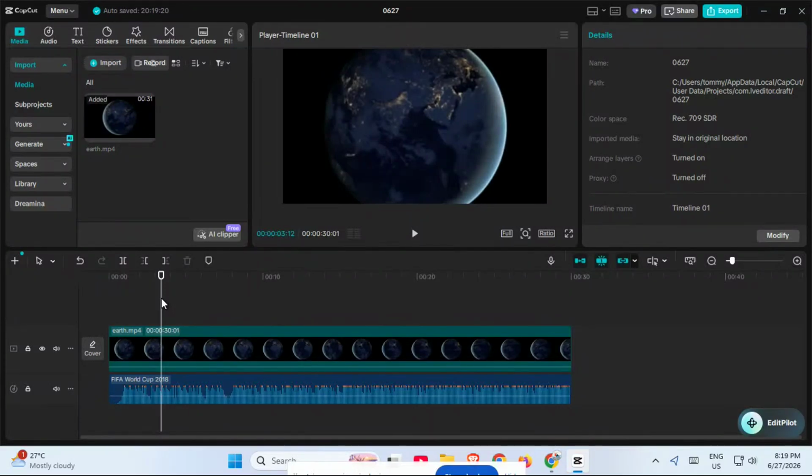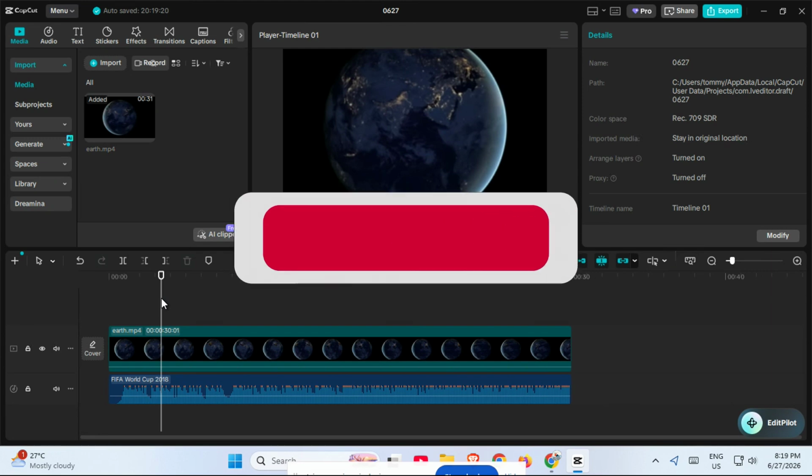If you want to make sure the audio in your CapCut project is safe to use, this quick tutorial will show you exactly how to run a copyright check in CapCut. This is especially useful if you're editing videos for YouTube, TikTok, Instagram, or any platform where copyright issues can cause problems later on. By checking your audio before you export, you can save yourself time, avoid takedowns, and make smarter